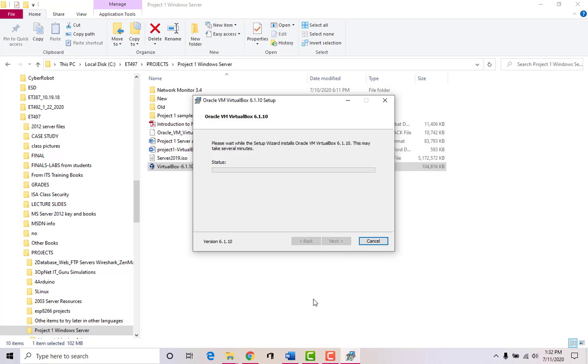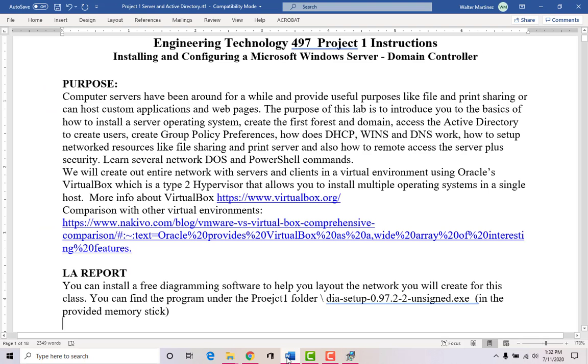While that's installing, let's continue reviewing what else is going to be involved in this particular project. So you'll install the first server, and it's called a domain controller. A domain controller is the first server in a network environment. So you can have multiple servers.